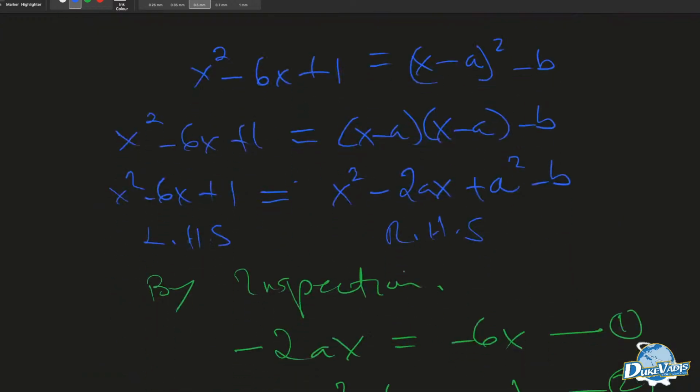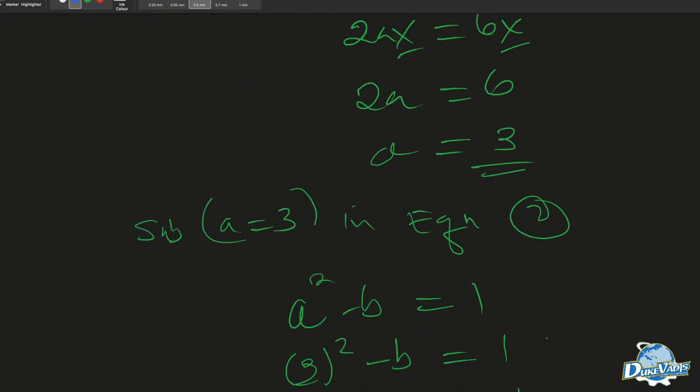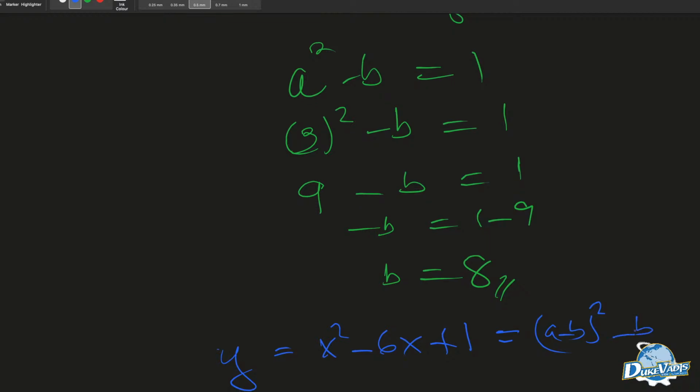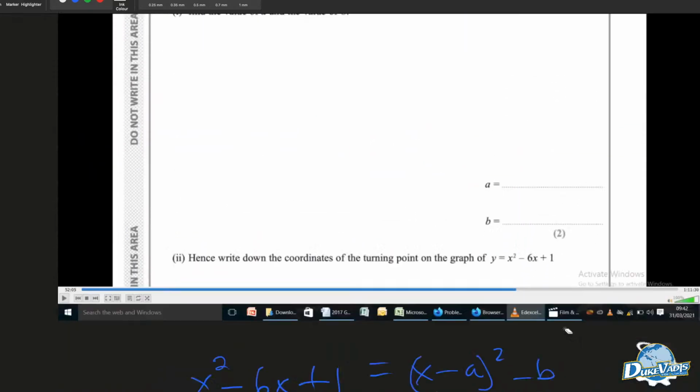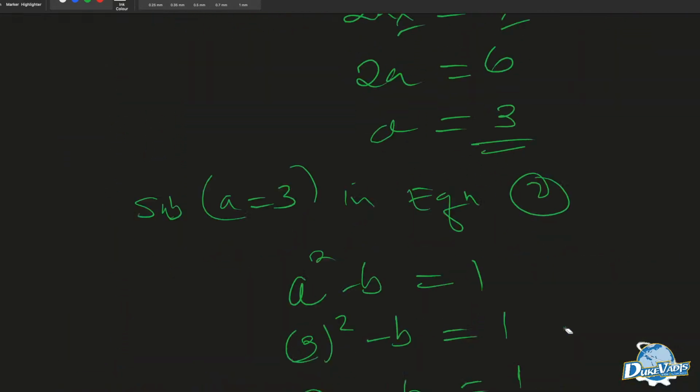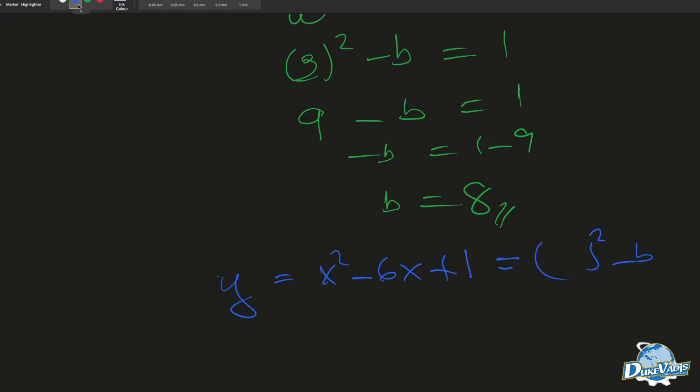Minus b squared. So this, x minus a, squared, minus b. So that is x minus a squared, minus b. So when we put the equation back, this is the same as saying that, since we know the values,